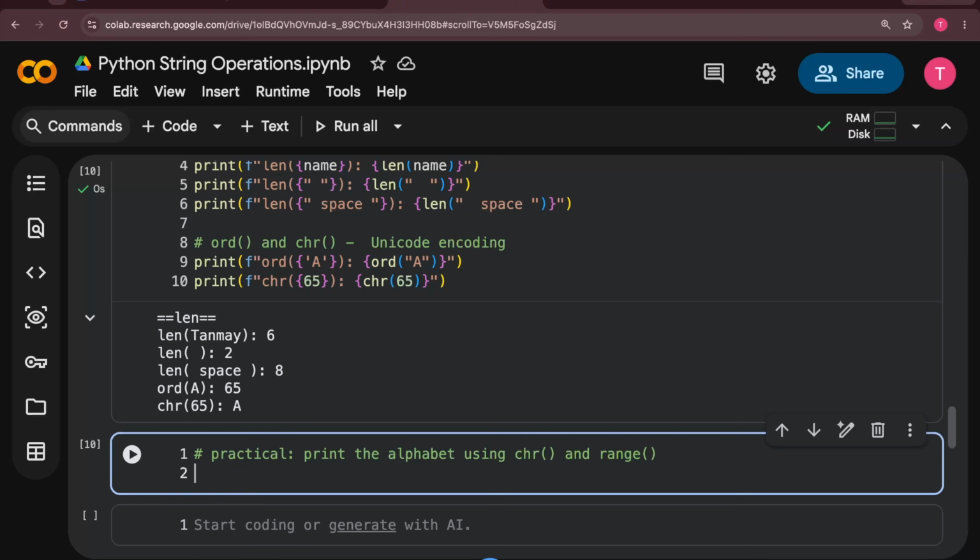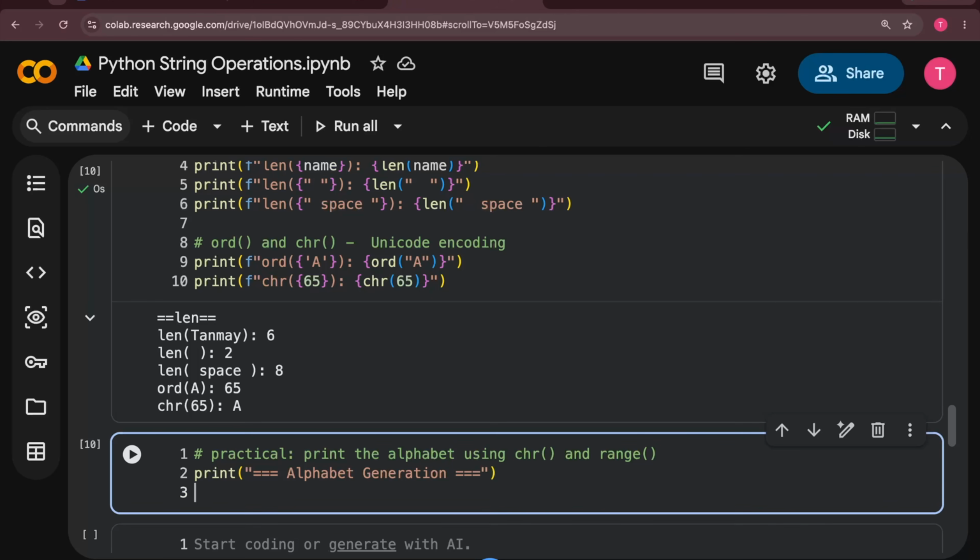So I simply print alphabet generation. If I run a loop, for i in range,